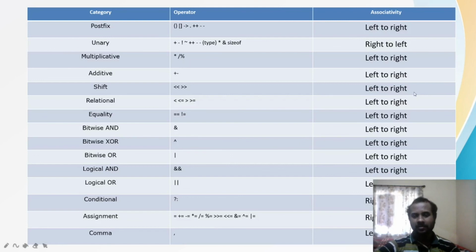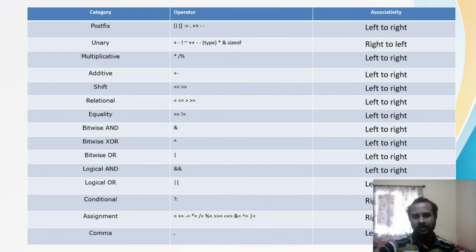This is associativity. Here you should make note that plus and minus belong in the same row, right? So they have the same precedence or the same priority. It is nothing like plus is greater than minus or minus is greater than plus. They both have the same priority.